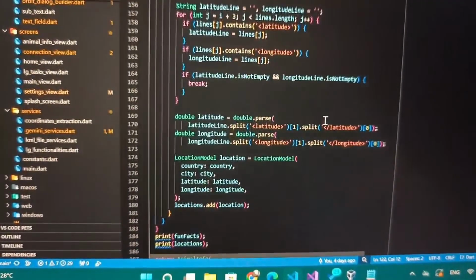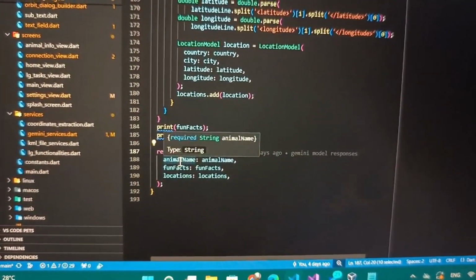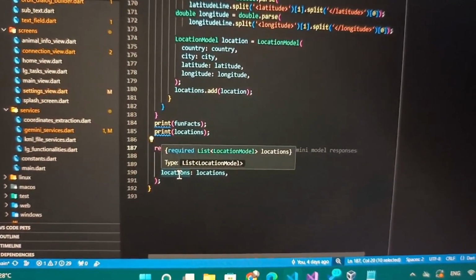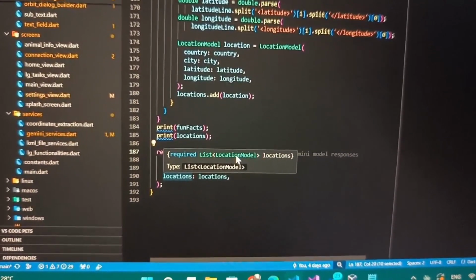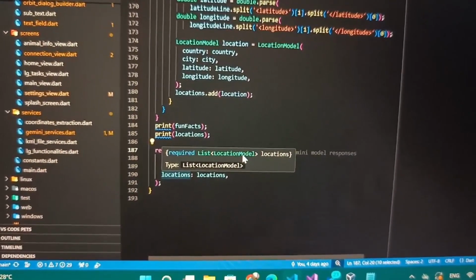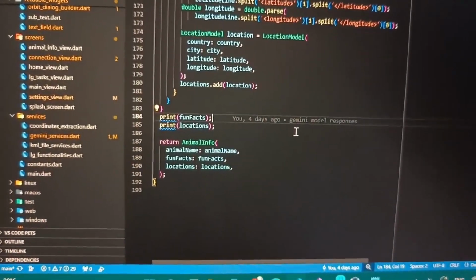And then I return back the animal info model that has the animal name, fun facts, and locations. And locations is a list of location models that contain the latitude, longitude, and so on, and city name and country name and so on.